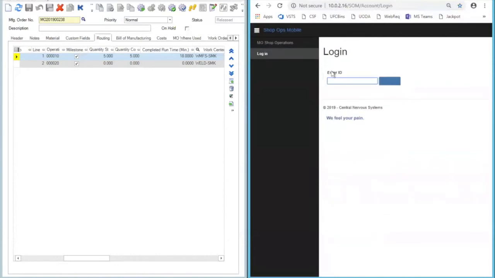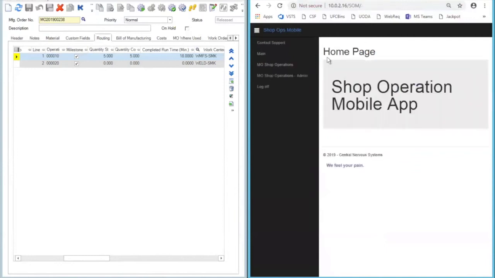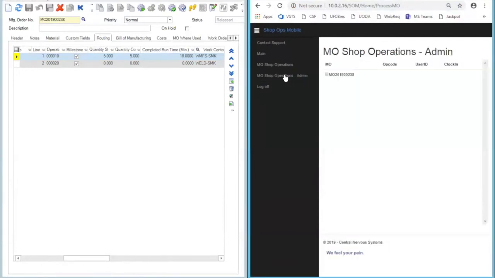This is an admin area, and the administrator can log in and get to this admin page for shop operations. What you see here is simply a collection of hours and sessions started but not completed. A supervisor can come in and be able to see which MO and which operation has time started and not finished. So if I drill down to operation 20, I can see the session that I just started for Greg,